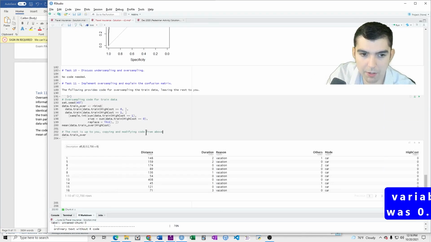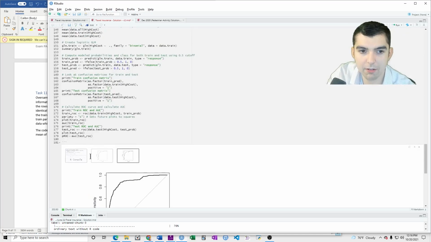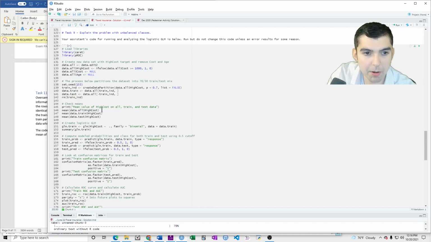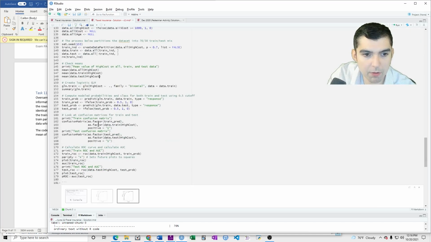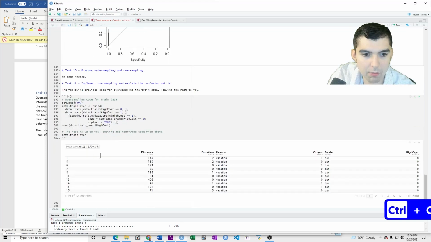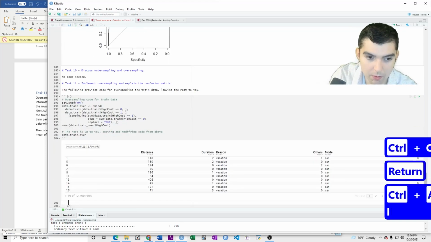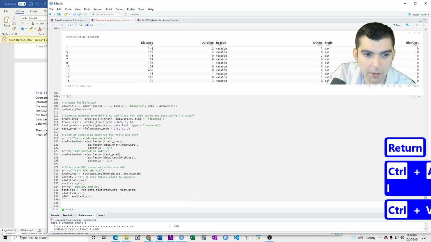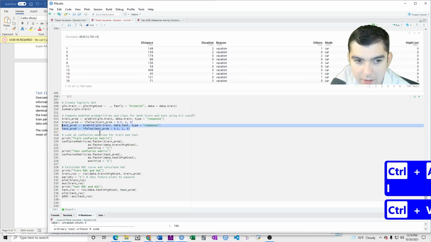Next, we need to fit the model on this data. So let's go back up to the part where we train the model. So here's a create logistic GLM, and then compute probabilities, look at the confusion matrix, AUC, etc. So we've got that info. Let's put that below. And then we only need the training part, so we can delete all this testing stuff.